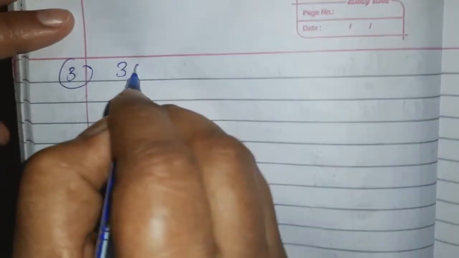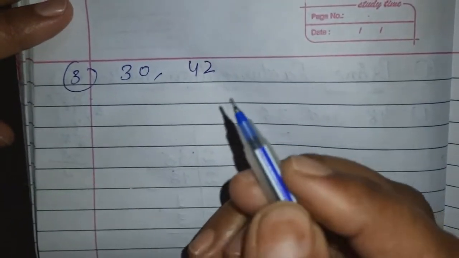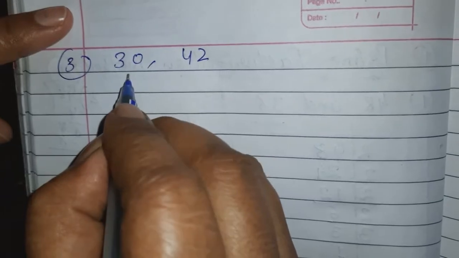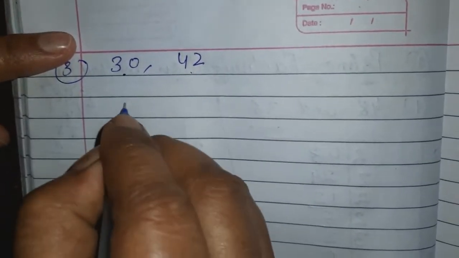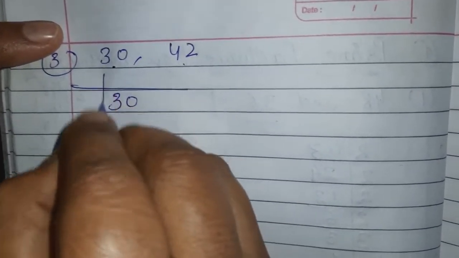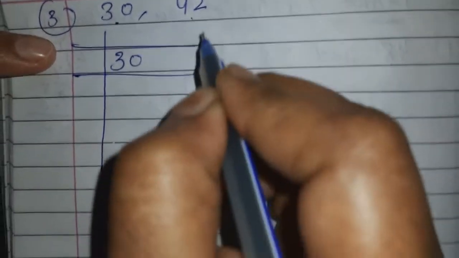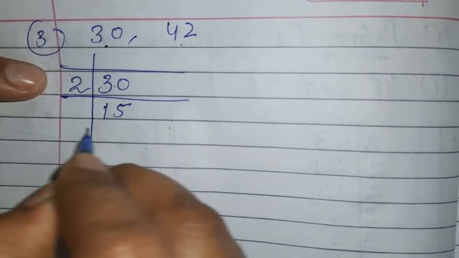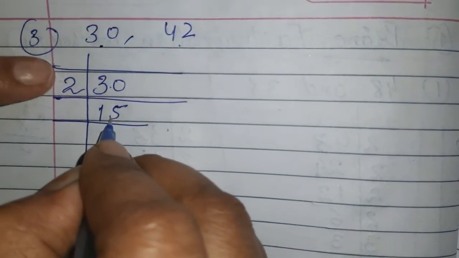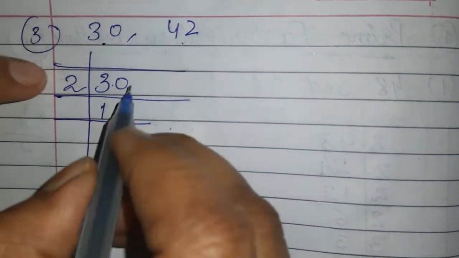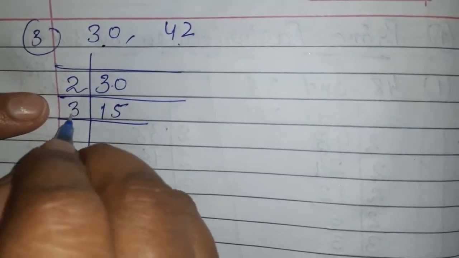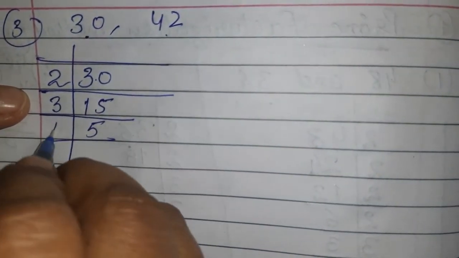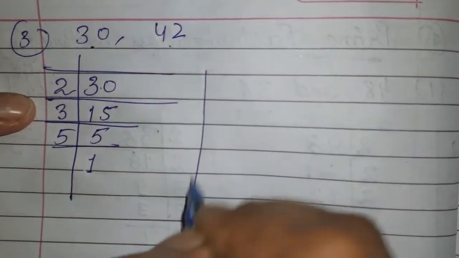Okay. Now one more example I am showing you. Find the HCF of 30 and 42. Okay. So same way, find the prime factors of 30 and 42. So 30. Okay. First take the prime number 2. It is divisible by 2, that is 2 15s are 30. Now 15 is not divisible by 2, so by which number will it be divisible? 3. 3 5s are 15, and then 5 1s are 5. Now take the 42.